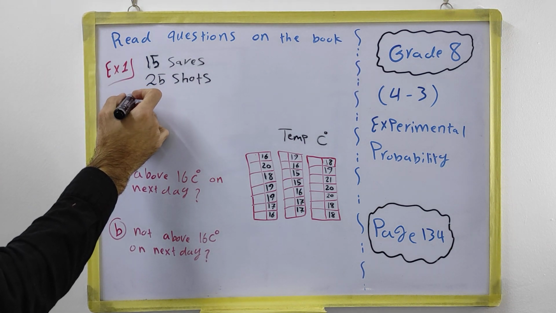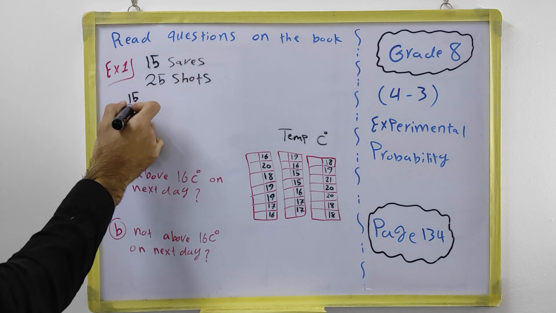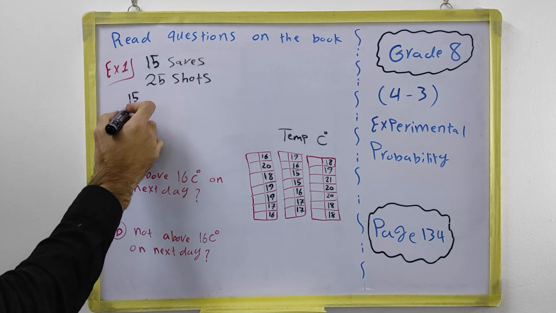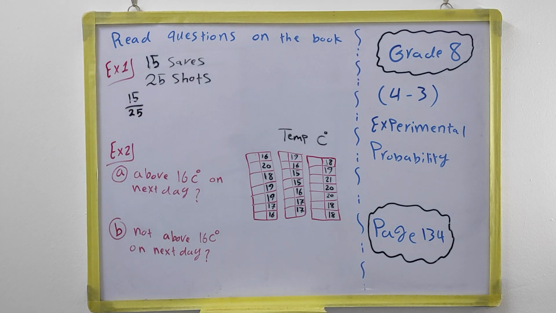For the next shot, because he saved 15, we would say 15 over 25 shots. 15 over 25 because out of 25 shots he saved 15 until now, so the probability to save the next shot is 15 over 25,